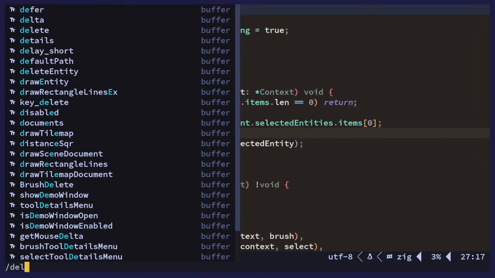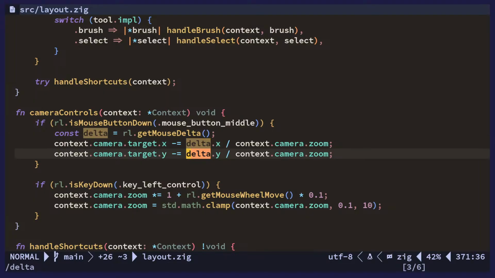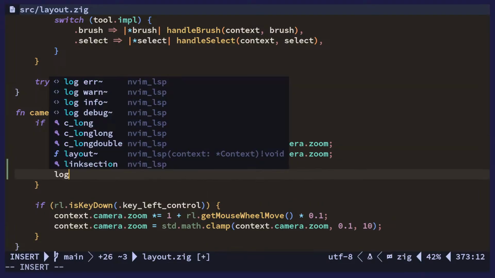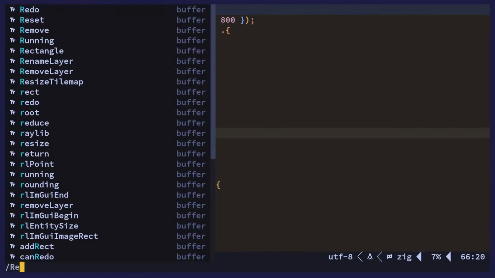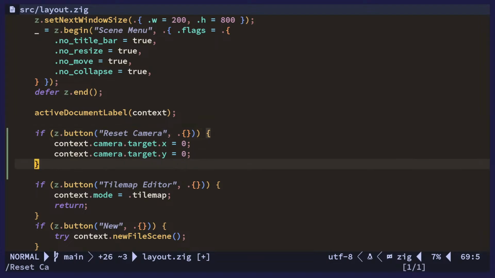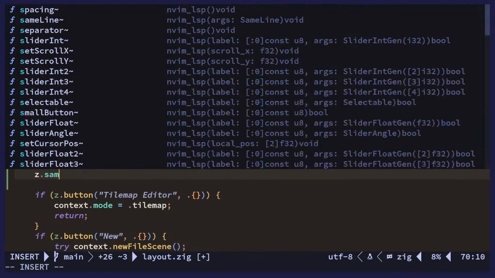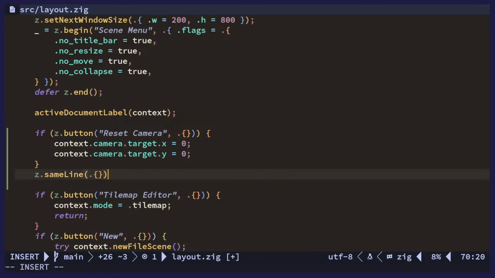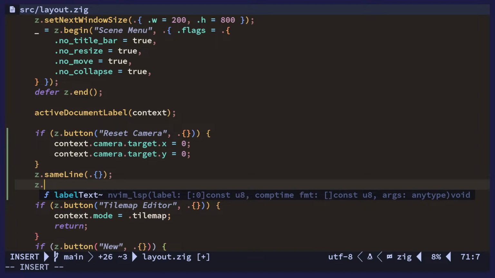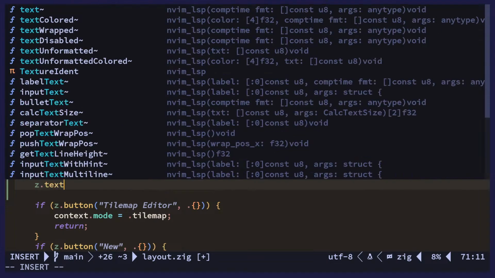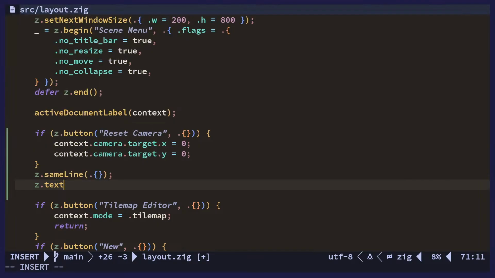Let's do this. So we'll do delta. So here I want to log. Maybe we should actually just have... Okay, let's do this. Reset camera. Let's actually also add here. We could do same line, and let's add a label or just text. I think, is this formatted? Yes. Okay, good. So we'll have a